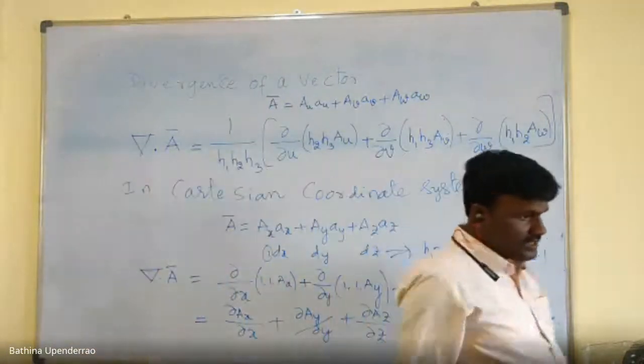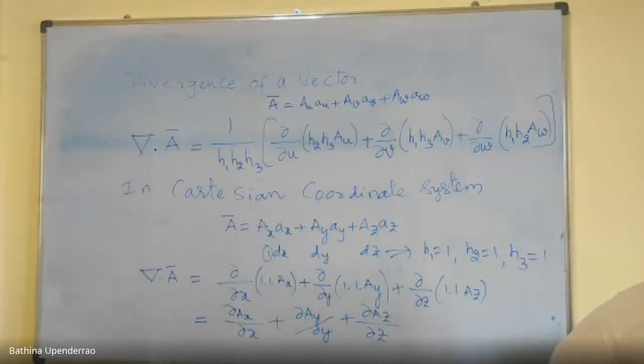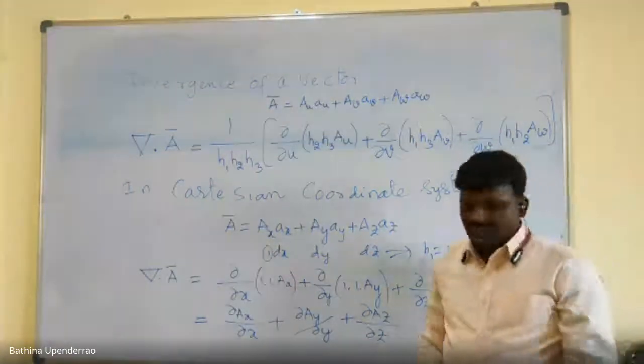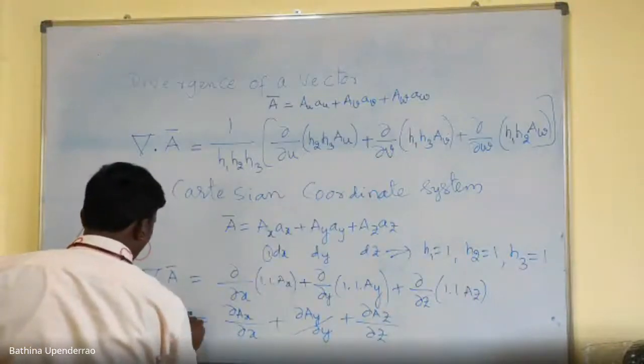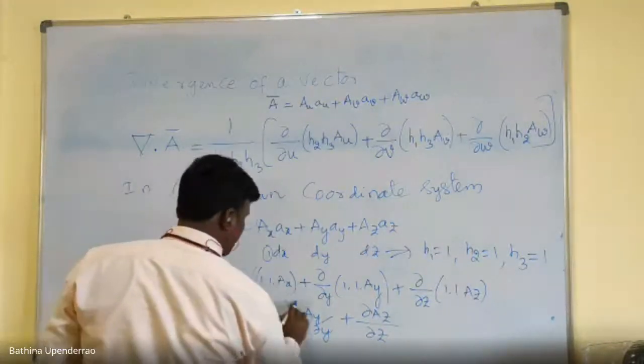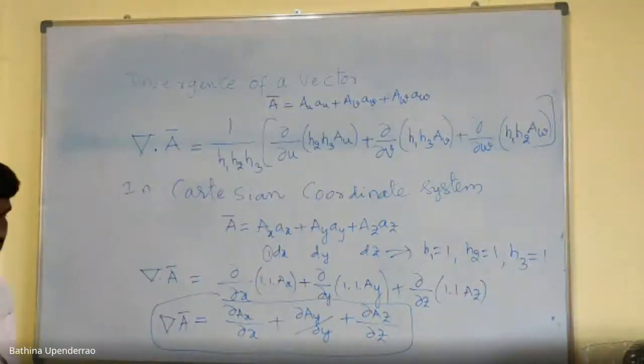So this is about divergence of a vector in Cartesian coordinate system. That is del dot A bar in Cartesian system is like this. Okay. Next, move on to